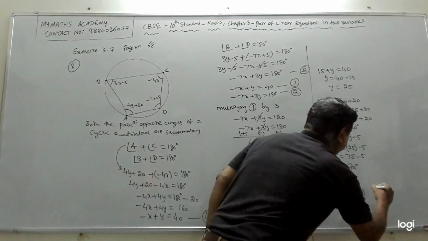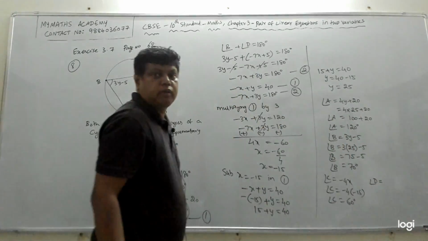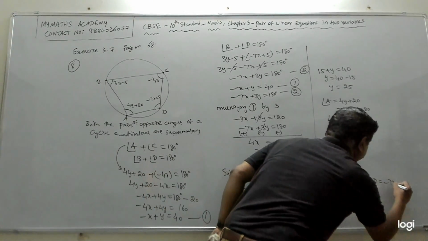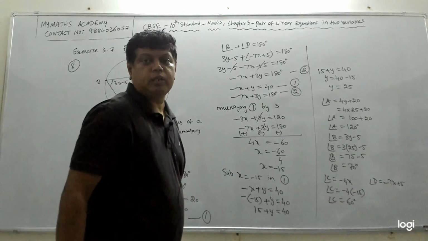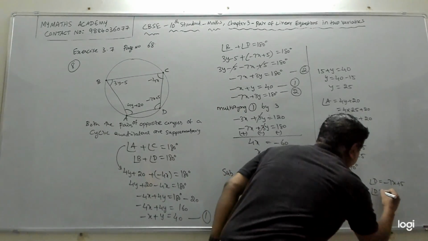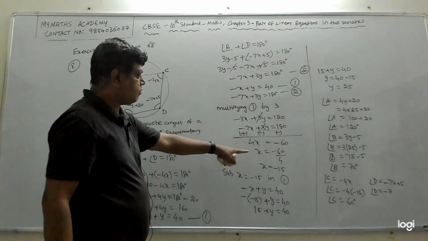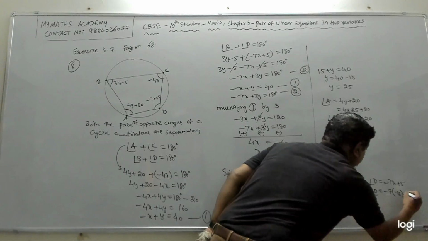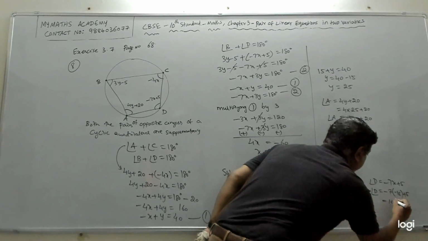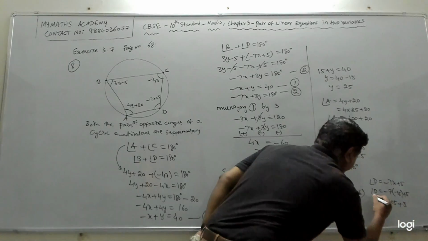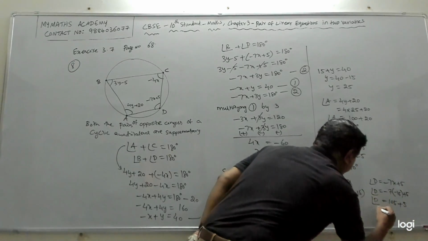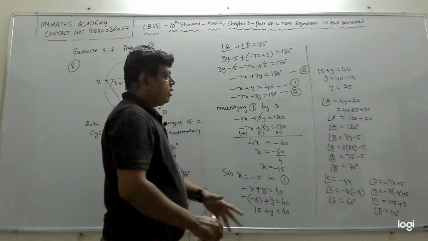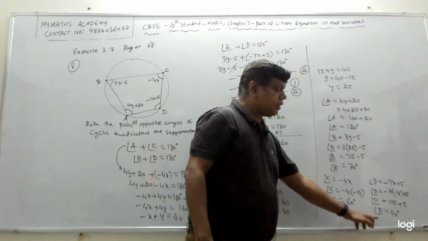So I will write here angle D equal to what? What is the value of angle D? Minus 7x plus 5. That is my angle D. So angle D equal to minus 7, and I have to substitute the value of x. X is what? Minus 15. So put minus 15 here, plus 5. So 7 times 15 is 105. Minus and minus will become plus 5. That is my angle D. So my angle D becomes 110 degrees. You guys able to follow this? So A is 120, B is 70, C is 60, D is 110.